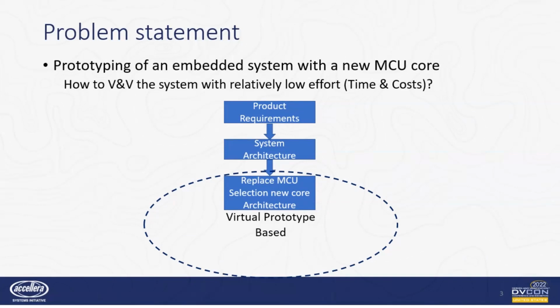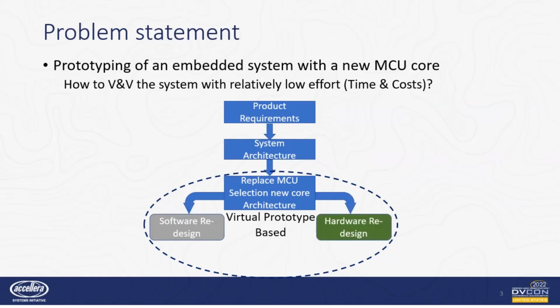Based on this, we propose a hardware-software co-verification methodology to evaluate the feasibility of an MCU core replacement based on a virtual prototype. The virtual prototype will support the software porting or the software redesign and adoption, and also the hardware exploration or the part of hardware redesign, thereby saving time and cost for the redesign process. This methodology links the virtual prototype development process with the requirements management process to reuse the test cases and prove how feasible the system upgrade is.